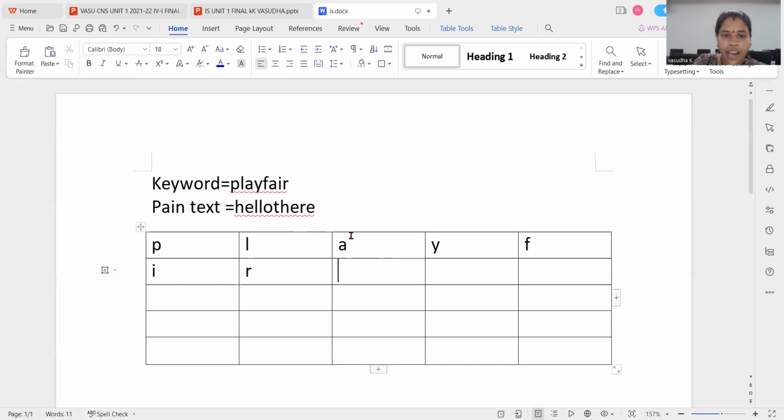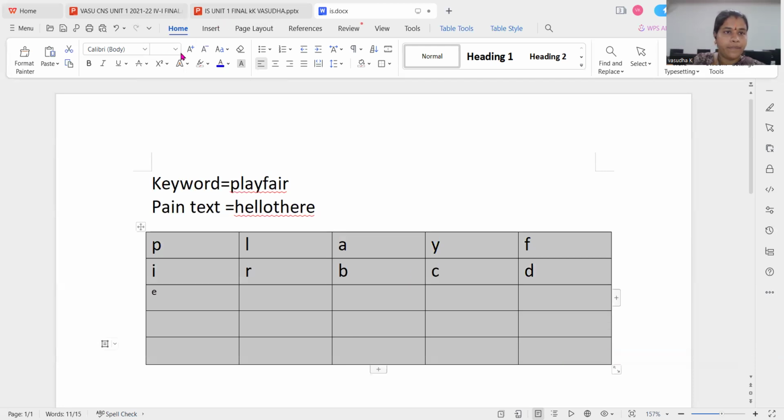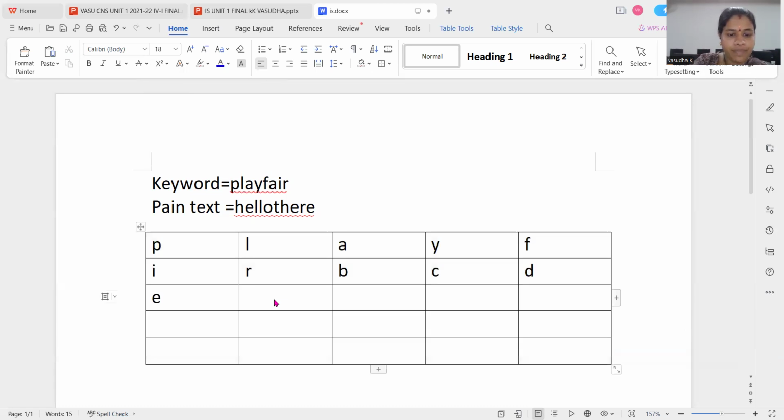Now we need to start from the actual alphabets. So A we already have. Next B, next C, next D, and E. Next F. F is already present in the keyword, so I'm not writing F. G, H,